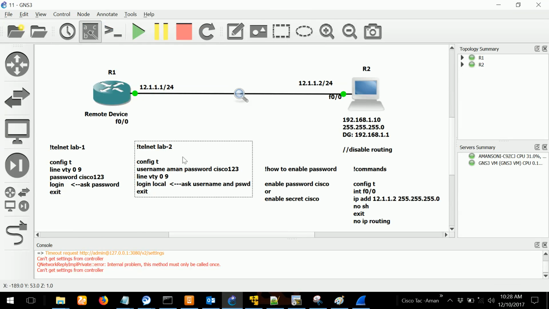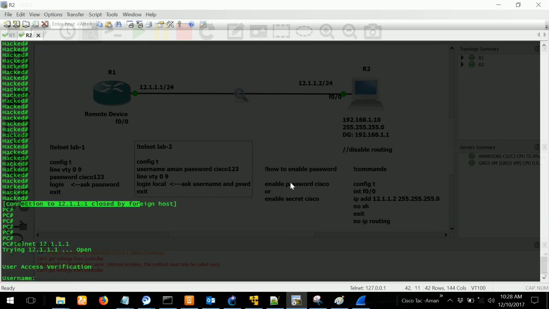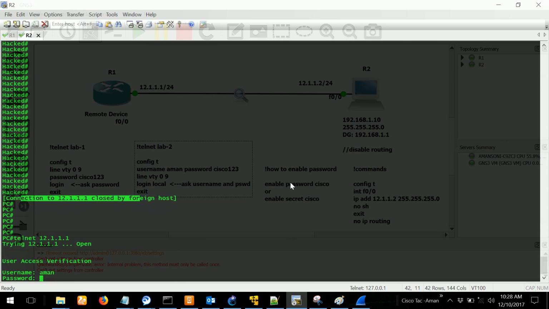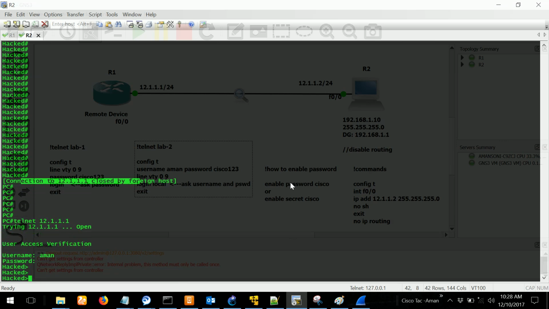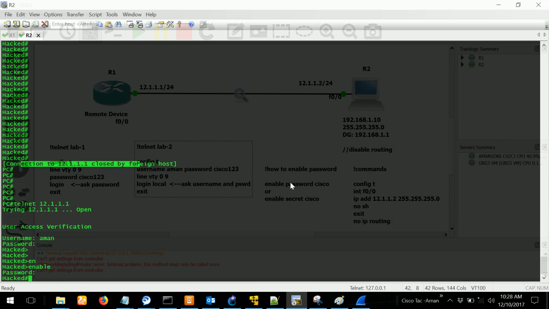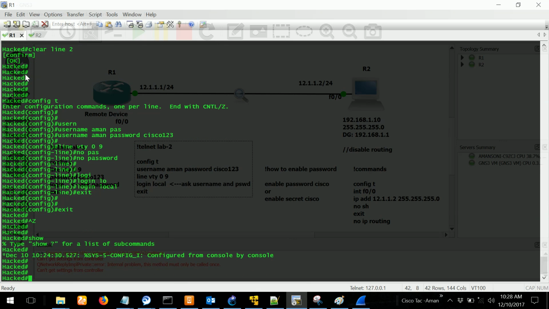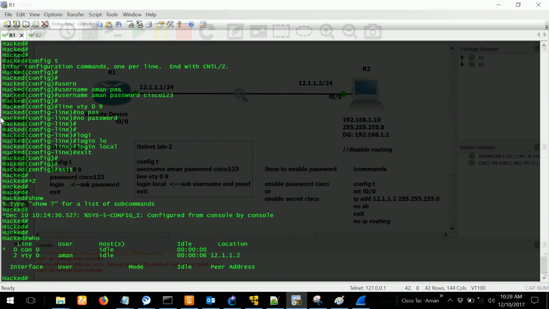Final config is this. Now if you remotely access, some other things will happen. It will ask you for username. Then the password for that username, and I can have a lot of usernames. Enable, it will ask me the enable password, which is Cisco. And if I go to the console access, and if I do who, not show who, it will tell me which user is currently logged in. So some pretty cool things you can do.